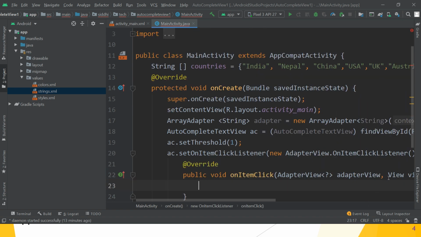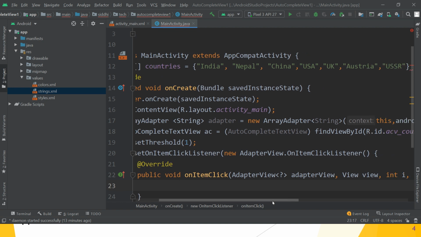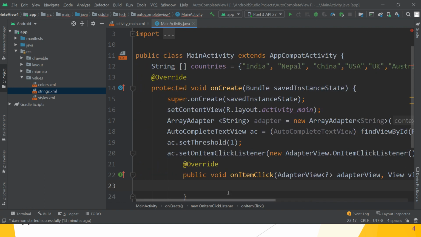In this listener, which is an interface, there is one method we want to override, that is onItemClick. So on item click, what happens?